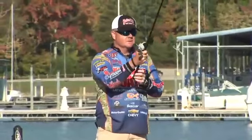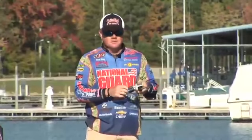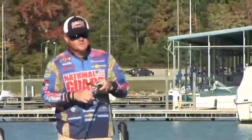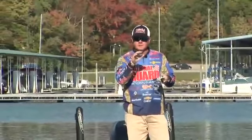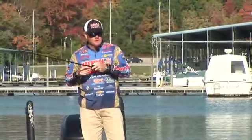The football jig with the Menace trailer is very easy to use. You just cast that football jig out there and let it go to the bottom. When it gets to the bottom, you're just creeping it along the bottom. The football jig is a bottom contact lure, so you're just sweeping your rod along the bottom like this. You'll feel those rocks down there, tick, tick, tick, and just keep sweeping it along the bottom,